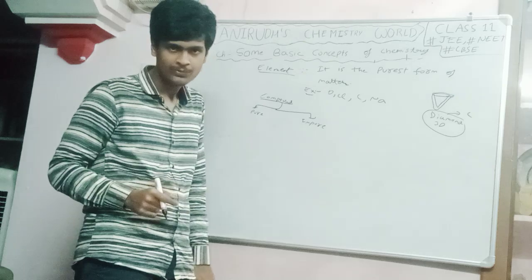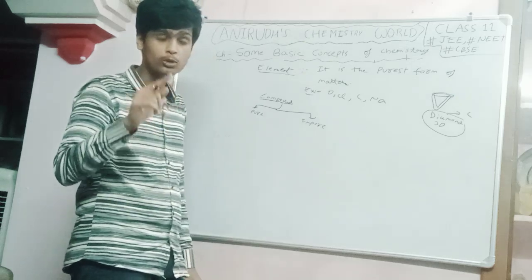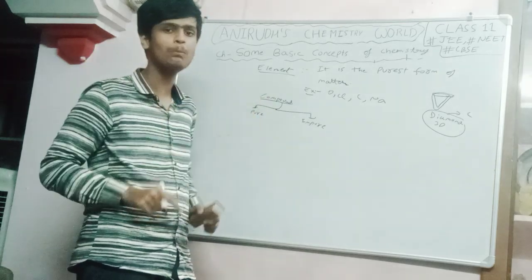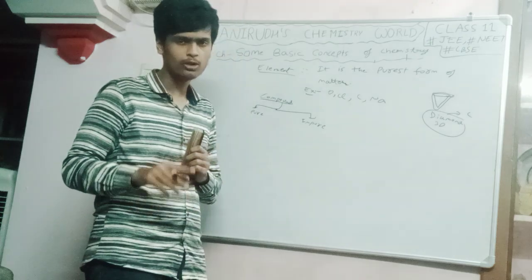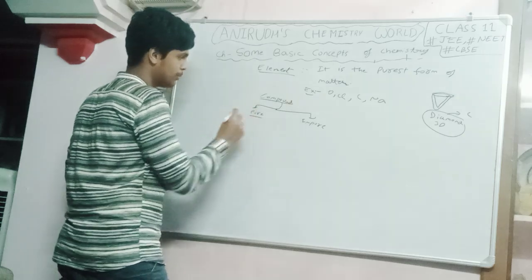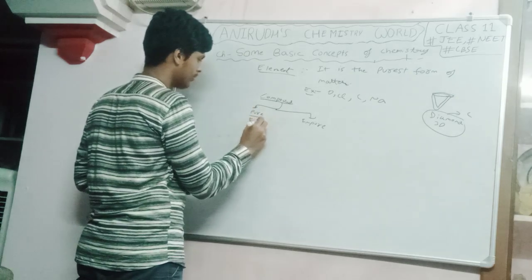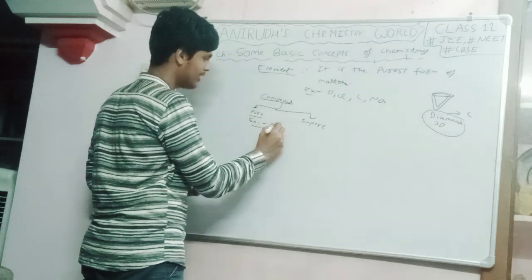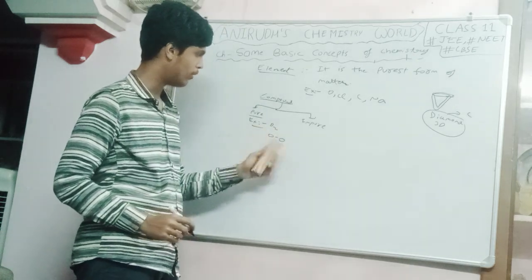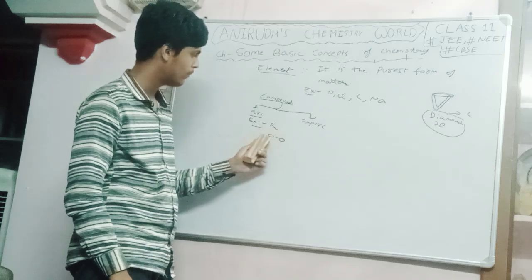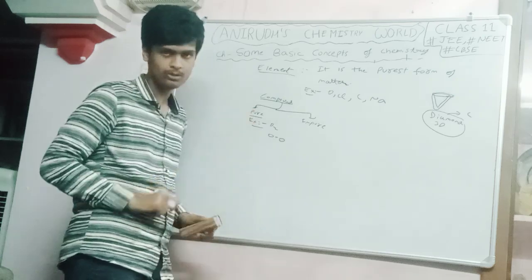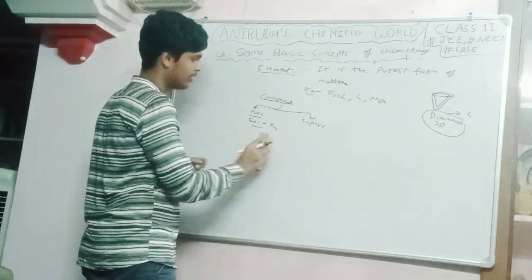In the pure compound, you will be having two or more atoms of the same element combined. Whereas in impure compounds, you will be having different atoms of different elements. Suppose we take a pure element compound, that is O2. In oxygen, the bond will be like this, right? Here only the oxygen atoms are combined in a fixed ratio to form oxygen. No other element is involved. That's the meaning. Okay. O2,